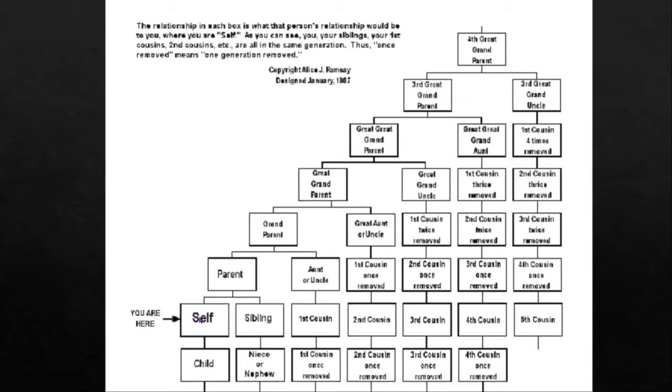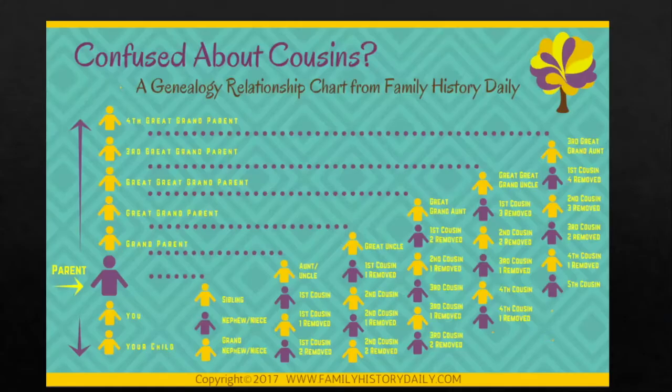You are here. And then as you work your way back, here's the great grandparent. We come down, there's the second cousin, same generation, right? So you're seeing all the same information. This one was kind of fun. I include it because it's got you in it, but you're basically following the purple dots over to the line that will tell you, like here's the parent's sibling, and then it's the nephew and niece there.